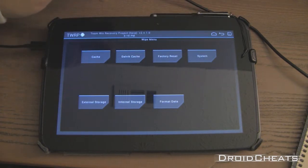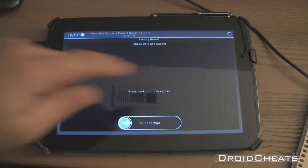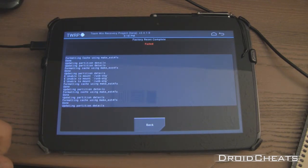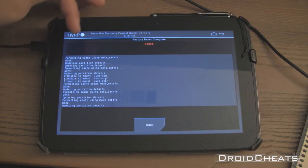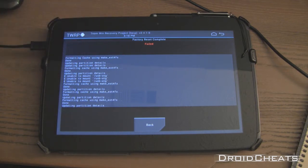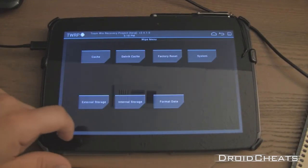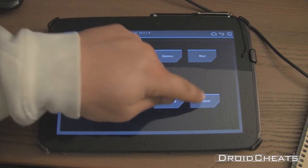You select wipe, factory reset, swipe to wipe. It says it failed. Formatting cache done. Updating, formatting done. Done. I don't know why it says failed. Let's make sure, it should be okay. So we're going to click back again, reboot,